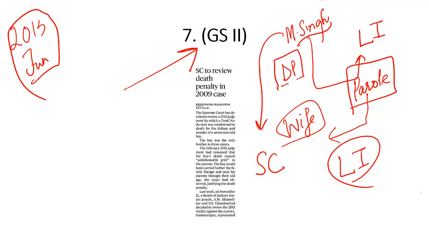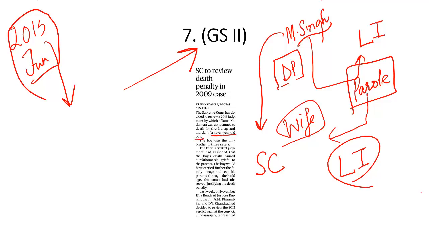Because Maninder Singh may be a threat to his family, but he is not a threat to the society. A week later, January 2013, the same judge of the Supreme Court was hearing another case. What was that case all about? A 7-year-old boy was kidnapped and then he was murdered as well.